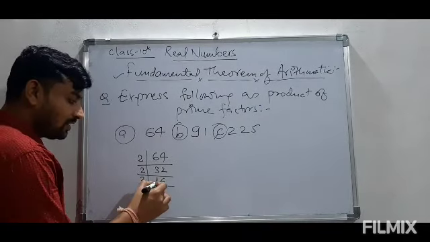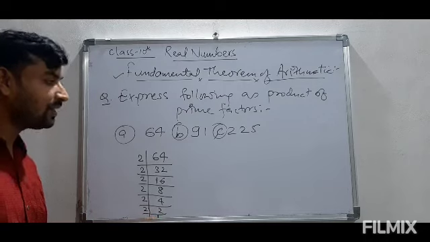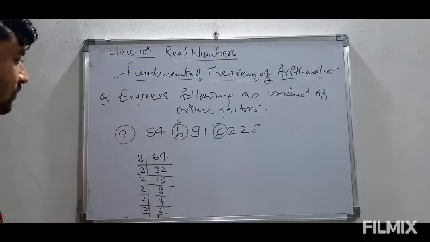So what we did to find out the prime factors of this number 64: first we divided 64 by 2. The answer came: 6 divided by 2 is 3, 4 divided by 2 is 2, so as a whole this number 32 came. Again this is an even number, so again it can be divided by 2; divided by 2, 16 came again. Again it is even, divided by 2 we get 8, and further till we get 1 as the dividend. So these are the factors of 64.